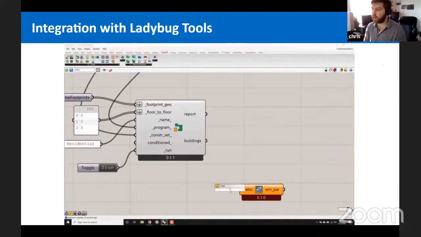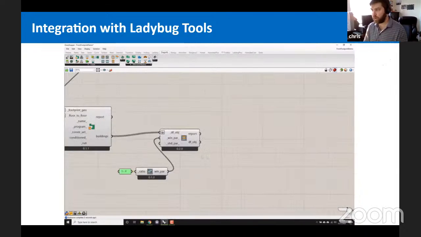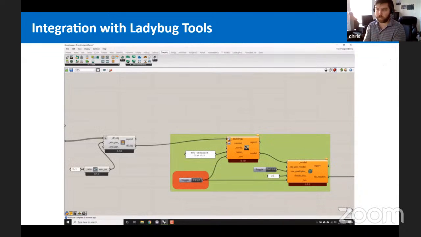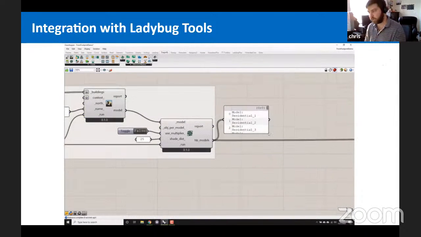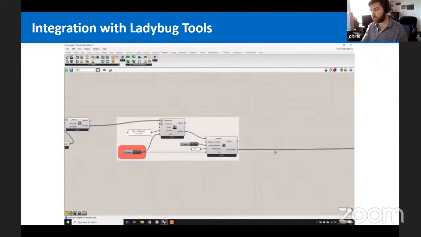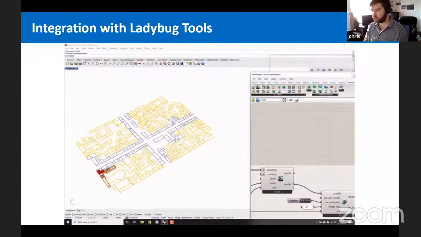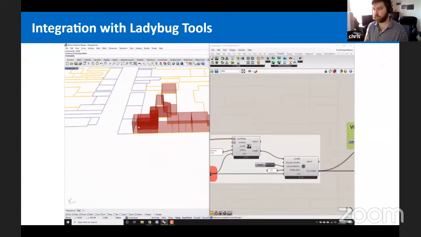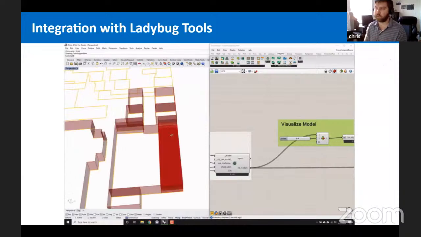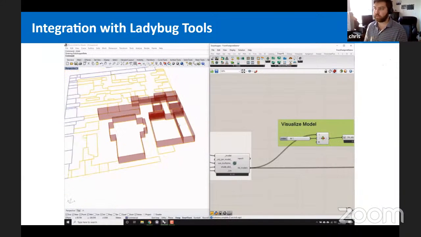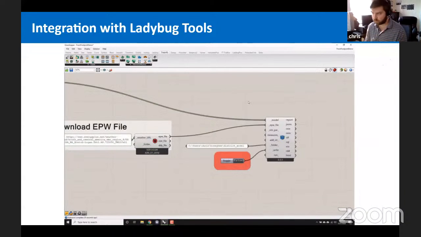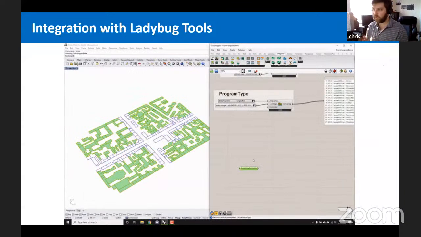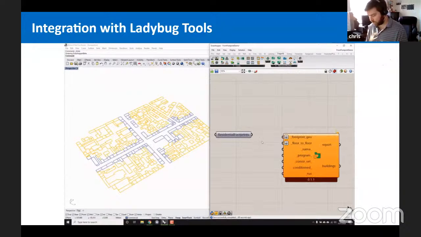And each of these building objects can be translated to an OpenStudio model or its own Honeybee model. You can assign parameters for window ratio, which is what I just did there. And then lastly, you combine these all together into one urban model and then export to get one EnergyPlus model or OpenStudio model for every single building footprint. And here you can see what each of those EnergyPlus models looks like. You can see that it only exports the surrounding buildings within a certain radius that's adjustable, so that you can easily parallelize these types of simulations.